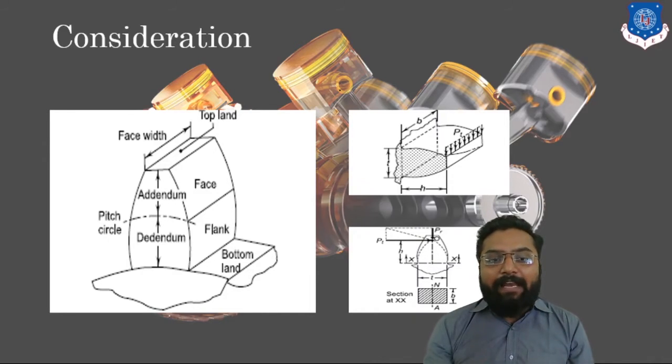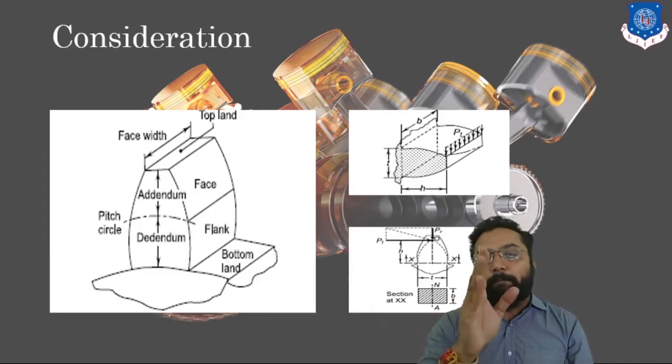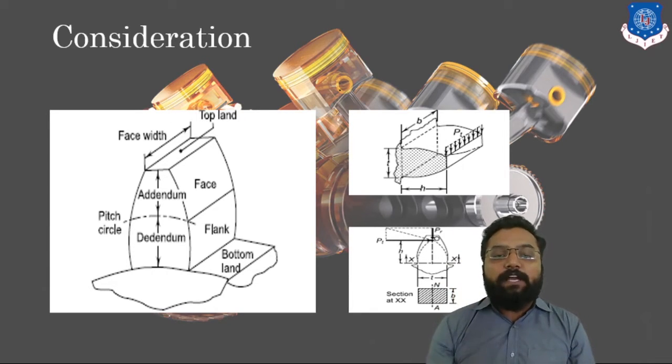We have to design our gear on these two criteria. Our criterion should always be to design it for bending stress as well as compressive stress. In compressive stress, it will show a good amount of strength against forces. But in the case of bending stress, it will always tend to be vulnerable. Clear? So let's discuss the different types of stresses which are going to act upon our gear.